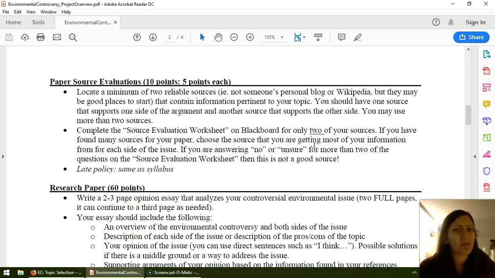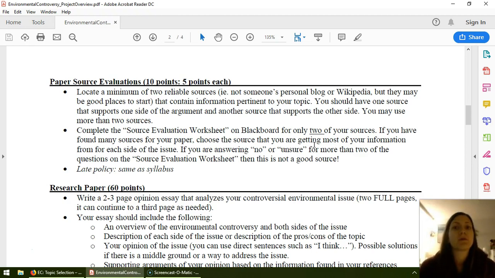You might find a lot of blog websites. Those are not reputable. It doesn't matter who wrote them. If it's on someone's personal website, that more than likely means that it wasn't looked over at all. It wasn't published without someone else looking at it. For example, the EPA website, they may not list an author, but there was a lot of people that looked at that information before it got posted on the website. And so you can see a big difference in the quality of those sources.